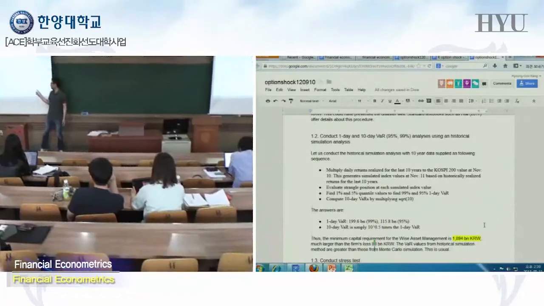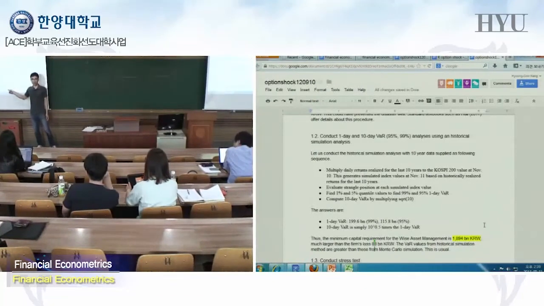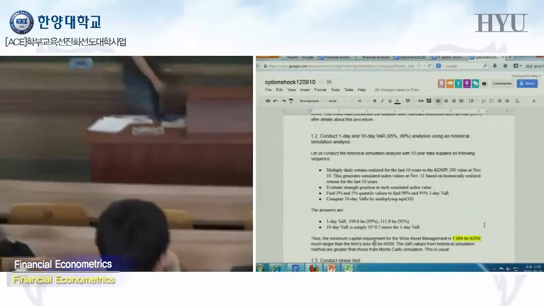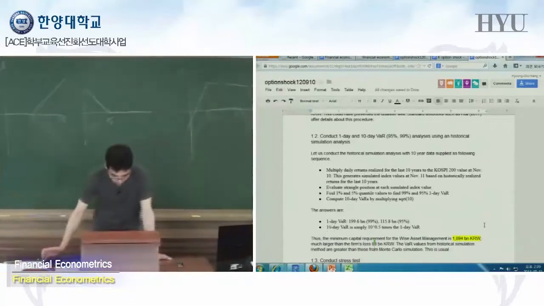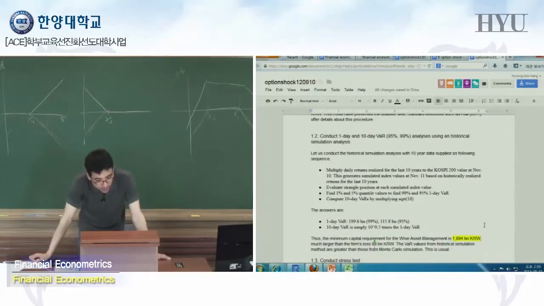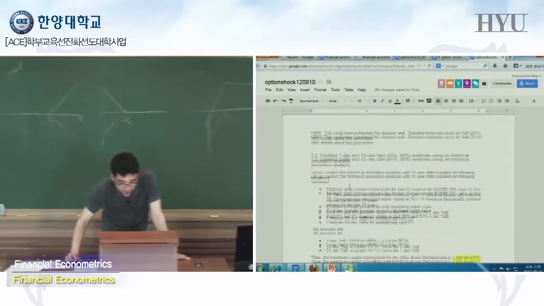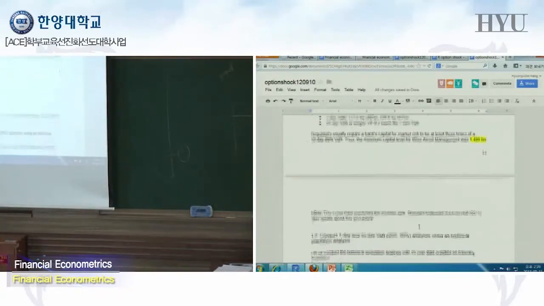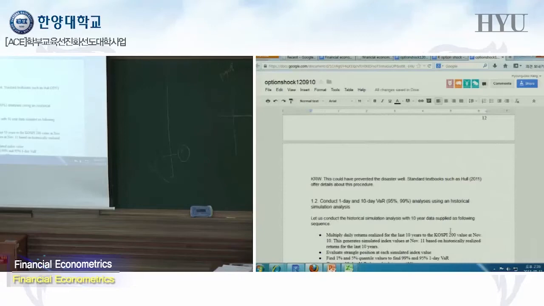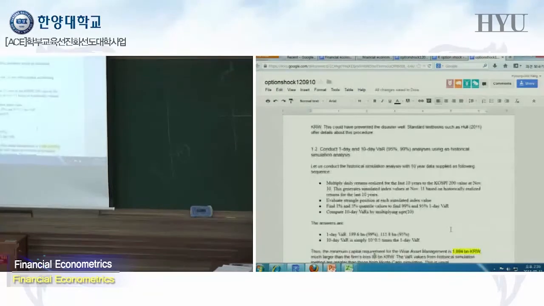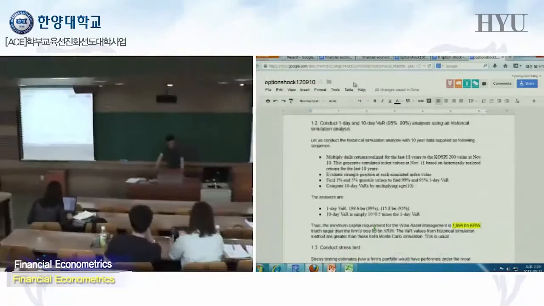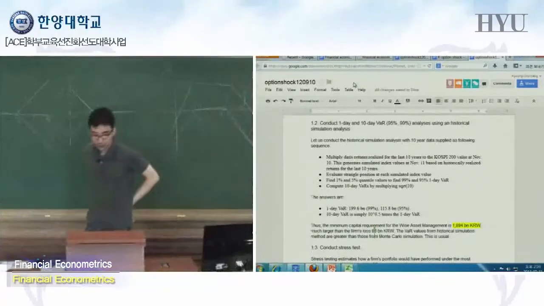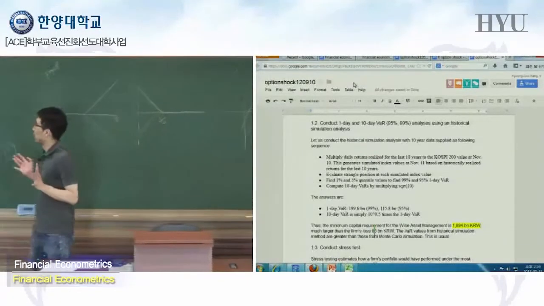Okay. Since they have this amount of money, they can pay out this one. So therefore, if they had this money and abided by the rule, they would have no difficulties in honoring the contract. Right? This could have prevented the disaster in the market. Okay, so what we showed until now is like a historical simulation or analysis.